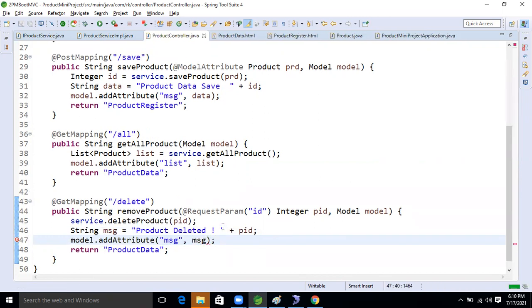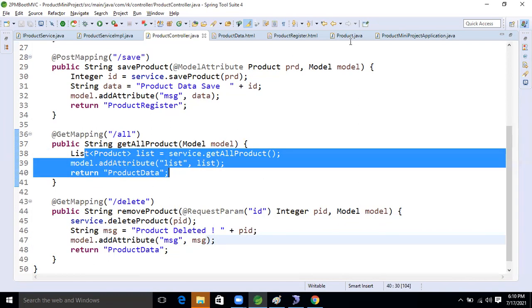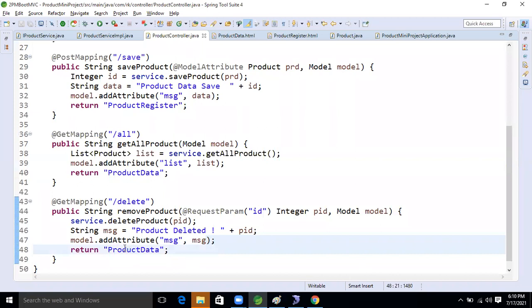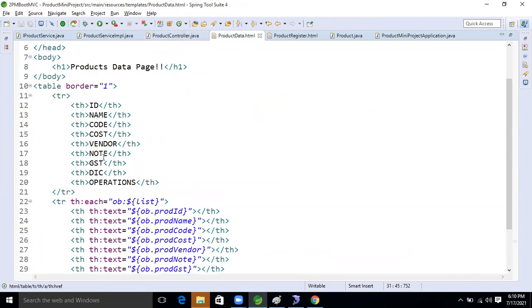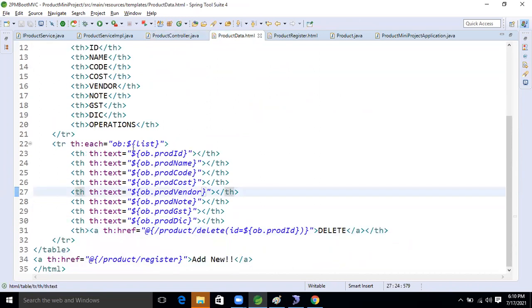After that, what will we do now? If we send this message, they also need the list of data, right? Because this page of our application is exposing product data. So we need to send the list of data, otherwise we will get an exception.